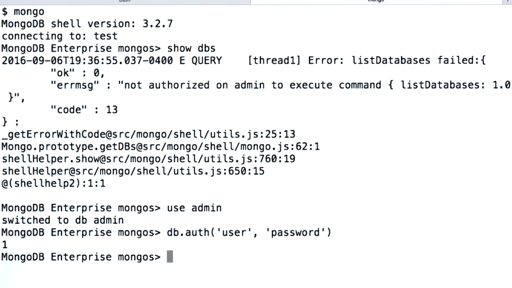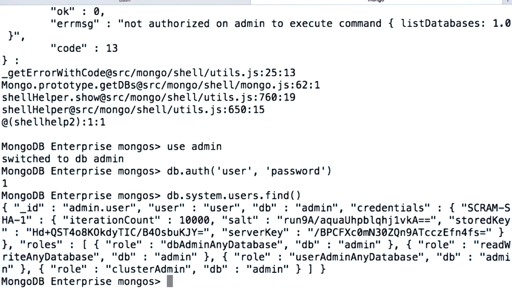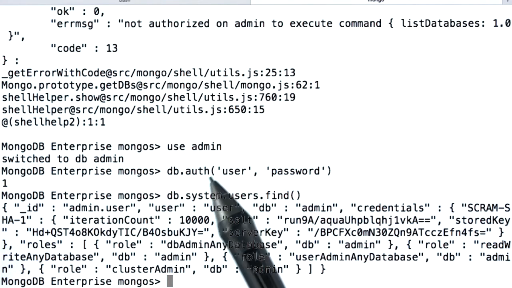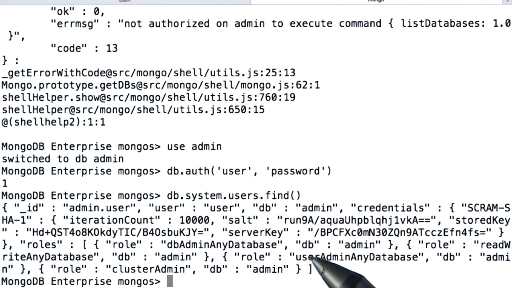We're now authenticated to our sharded cluster, and we can run commands like db.system.users.find and see the different users in our system. And that's pretty much how authentication works on a sharded cluster. What we do is we use internal authentication to automatically enable client-based authentication on the sharded cluster. So there's something I want to point out here. As of MongoDB 2.6, user information like this is no longer stored on either the MongoS or on any of our 3 shards. This information is actually all stored on our configuration servers,